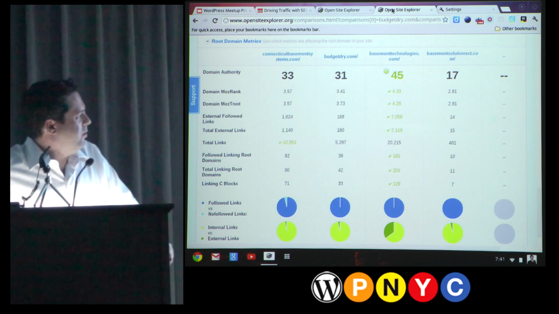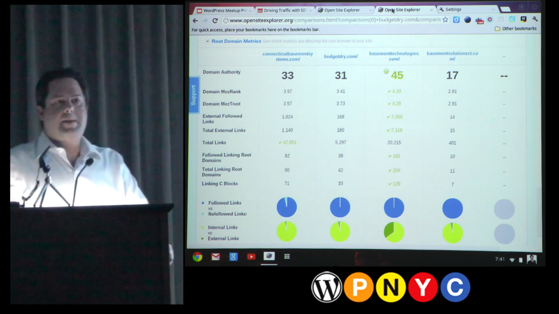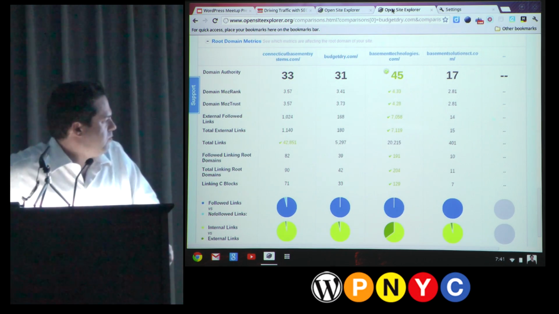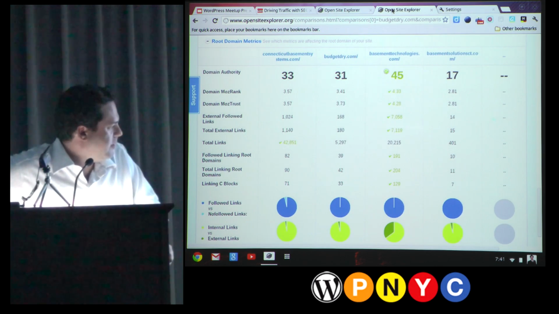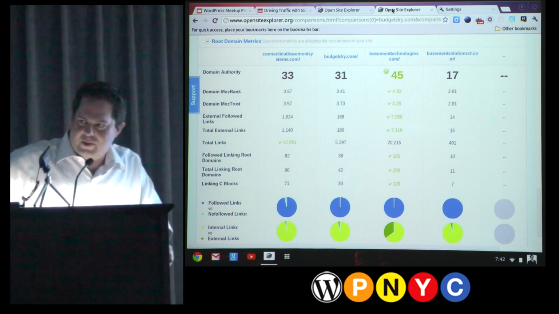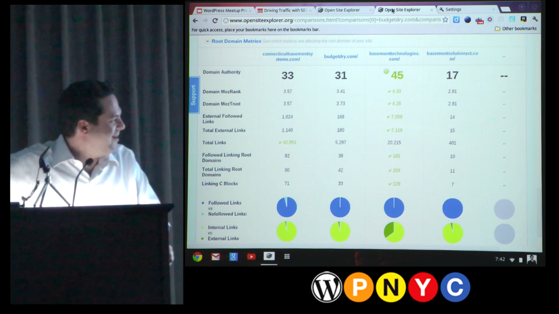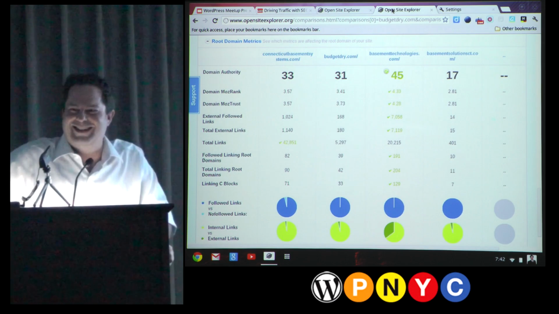It's a little skewed. Can I ask a question? On the bottom of the pie chart, it shows a sliver for the external links. Most of the pie is internal. And for the one that's the 45, almost a third of it is external. That would prove my theory. Yep, that's exactly right.